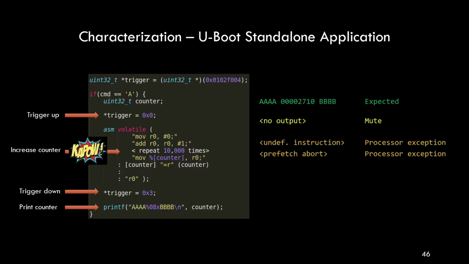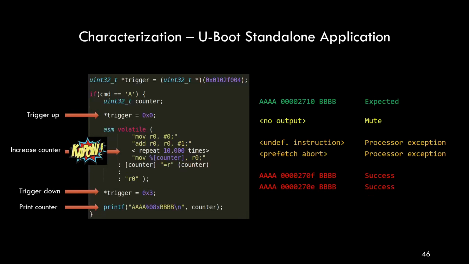When we affect the code in a way that is too much, so for example, we change the add instruction to something completely different, or we affect the processor in a way that it's unable to execute the software correctly, then we anticipate we get various processor exceptions. But whenever we inject a glitch that has exactly the right strength, and also the probe is exactly at the right location, then we expect responses where the counter value is slightly different. Typically what you see is that the counter is slightly lower, but it can also be higher. And whenever this happens and the printing format is exactly as we expected, then we consider those experiments successful.